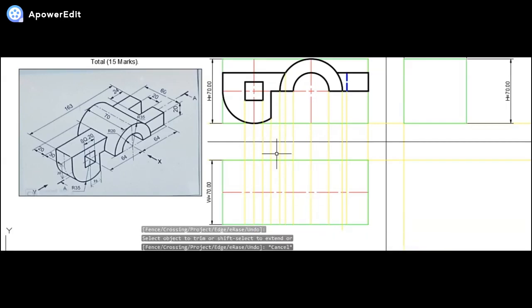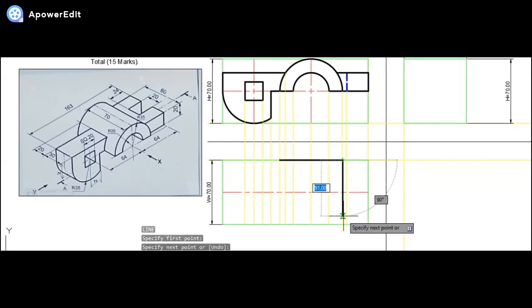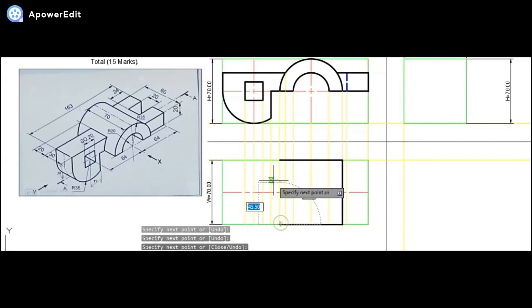Now since we are done with these parts, let us draw the prominent edges. As you all can see, if I talk about this cylindrical part, what do I do? It will be there from extreme end to end like this. Even it will be there till here. It has to come like this, and it has to come like this over here.